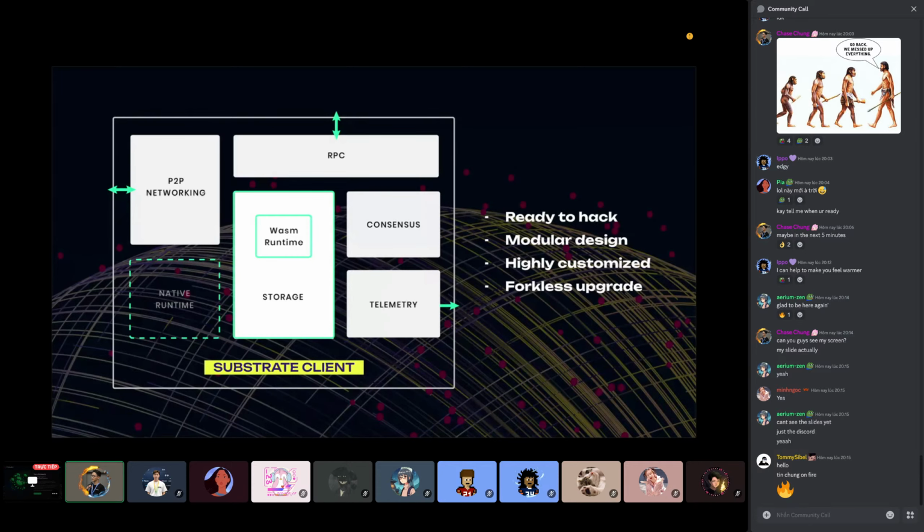Some key attributes of Substrate we can mention: Substrate is ready to hack. You just install the Substrate node, and then you have a full toolkit that can act as one blockchain node. The Substrate client includes some key components like peer-to-peer networking, the RPC, which lets external users send queries or submit transactions to the Substrate node, the WebAssembly runtime, which is the core of the whole Substrate client, the storage and consensus, and the telemetry service as